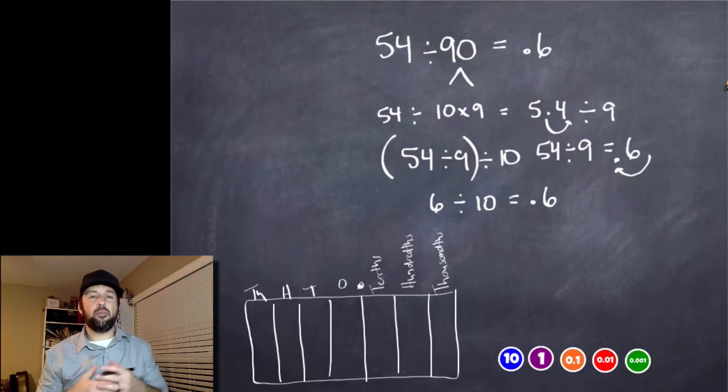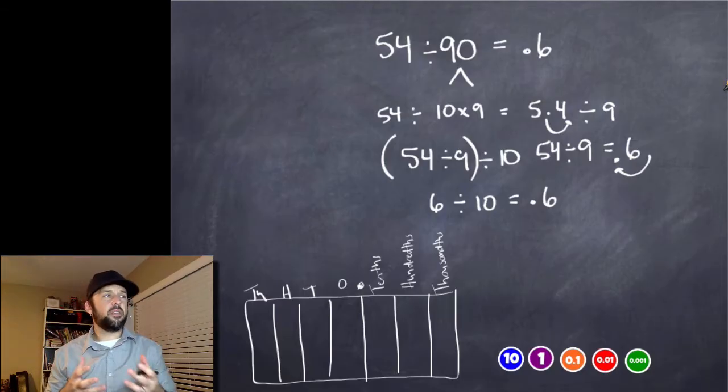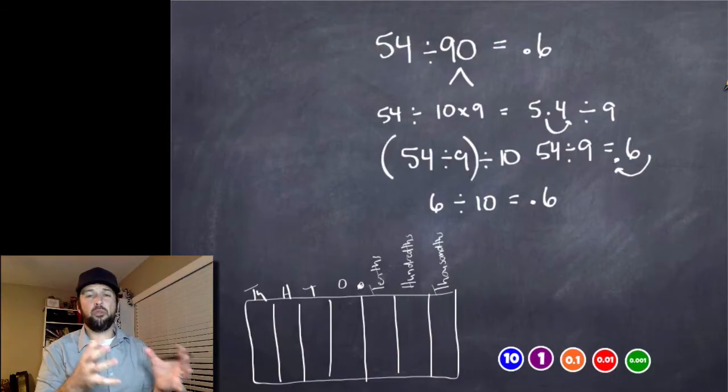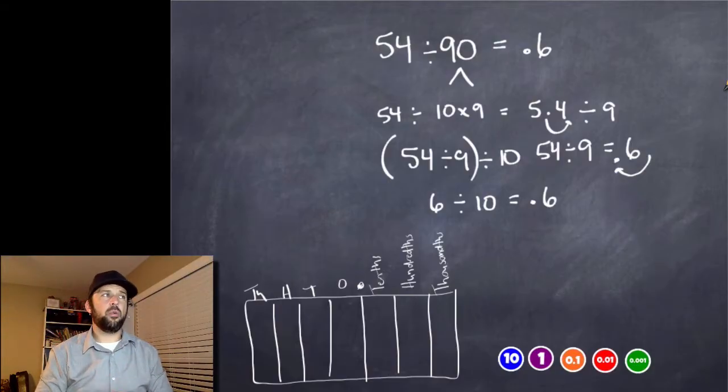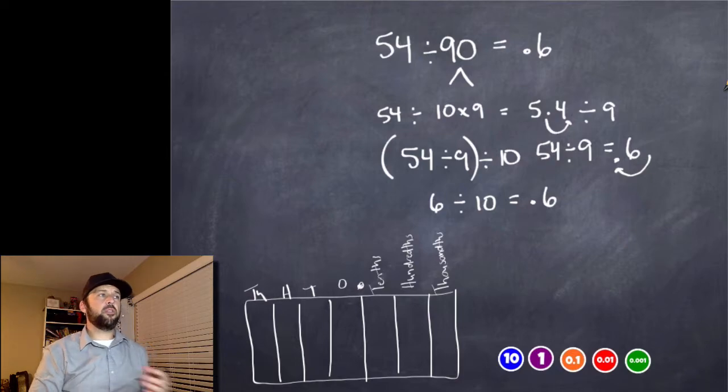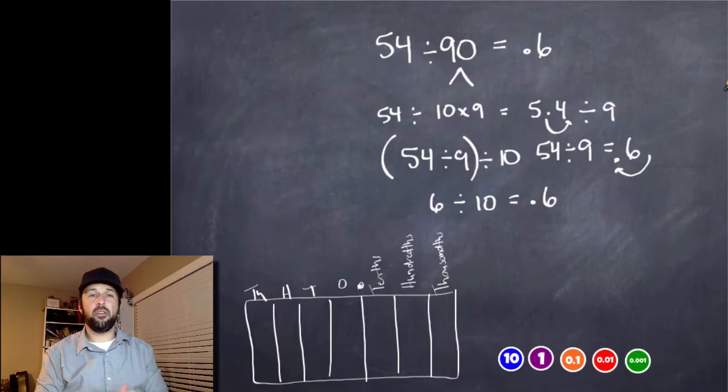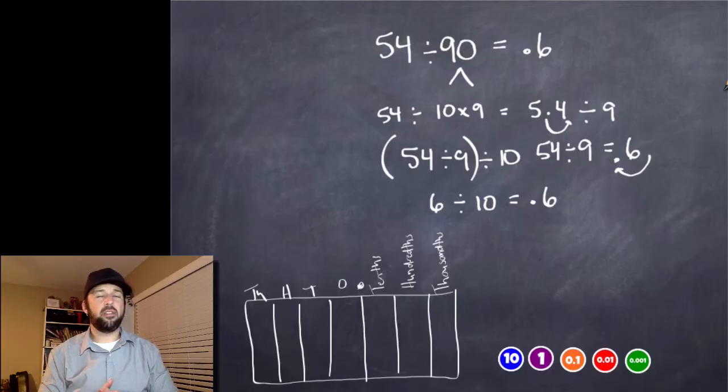That's because of the commutative property. We can move these things around if we need to. The associative property, we can group and put those parentheses wherever we need to in order to make it make sense, okay? So whether you're dividing by 10 and just moving everything in place value backwards, or you're dividing by a multiple of 10 like we did here for 90 and we just split it into a 10 and then whatever the whole number was, division of decimals here isn't too terrible. It's something we could definitely figure out. It's going to either involve moving the decimal point on its own, or maybe having to break apart a number first and then moving a decimal point afterwards.